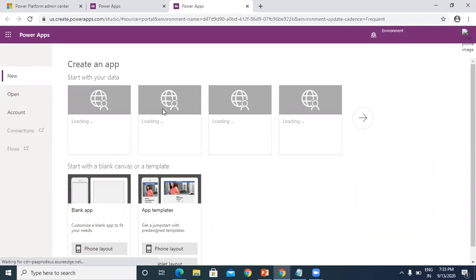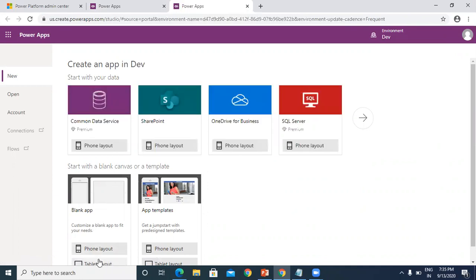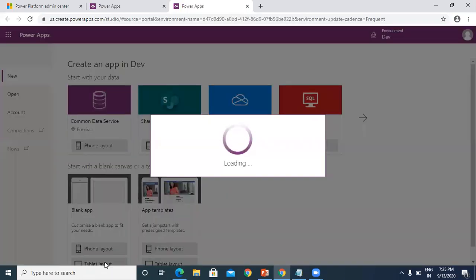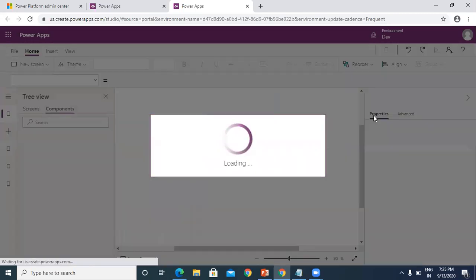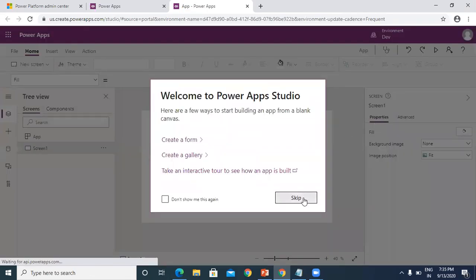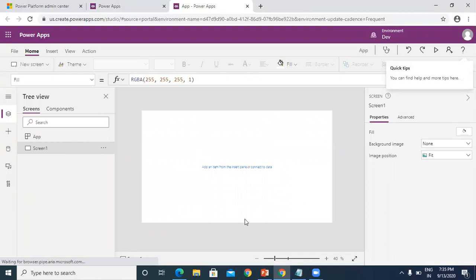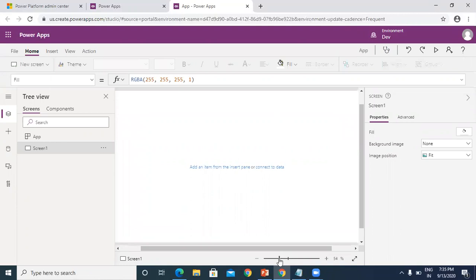While creating a Canvas app, I'm taking the blank app, a blank app for the tablet. Once the screen is loaded,